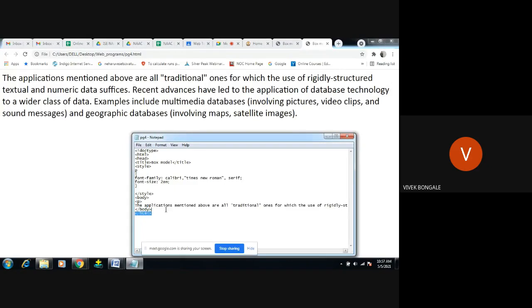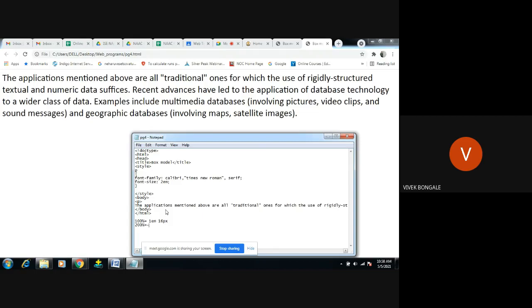Here 100% equals 1 em, which is 16 pixels. If you want 2 em, that means 16 times 2, 32 pixels, that is 200%.